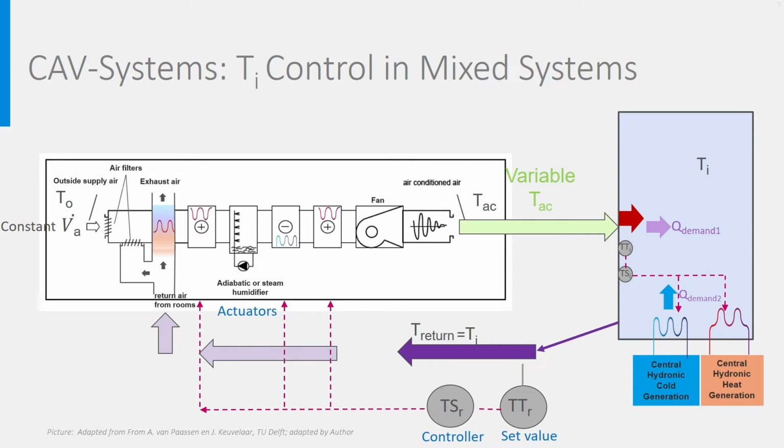This can be controlled manually or by a room thermostat. In principle, the hydronic readjustment has limited power. It is a readjustment system, not meant for providing a lot of heat or cold. So if TAC is not right, it may still be too cold or too warm in the room. That's why there is still a central control on the return temperature, just as we had before.